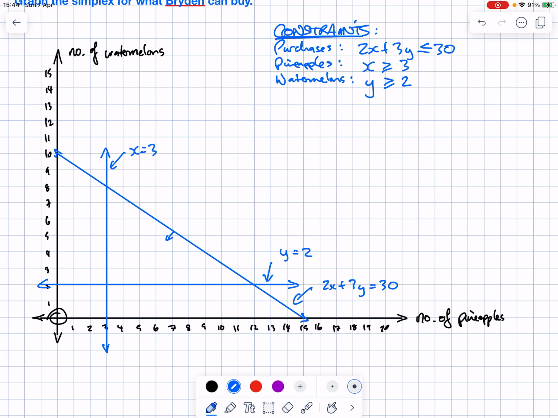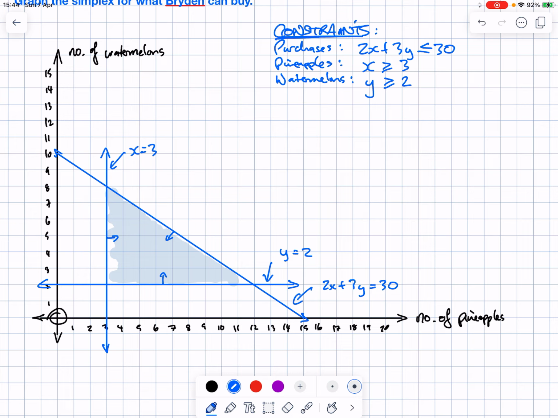X is greater than or equal to 3. Greater than or equal to means to the right and up. So I'm going to be coloring in that direction. And this horizontal line, greater than or equal to 2, so I'm going to be coloring up or to the right. So I'm going to be coloring there. So the only region that follows that is this triangle here. That is the simplex,